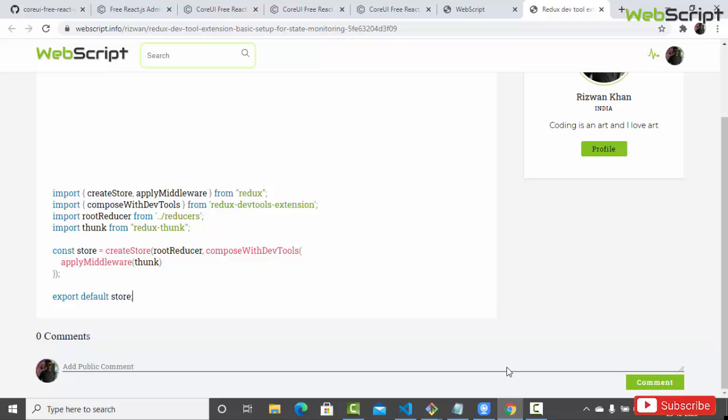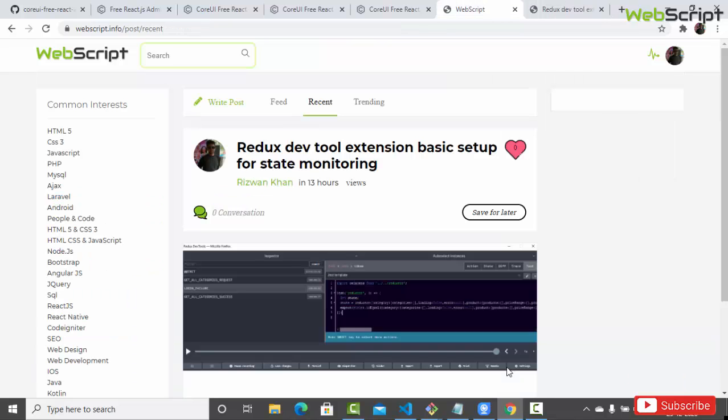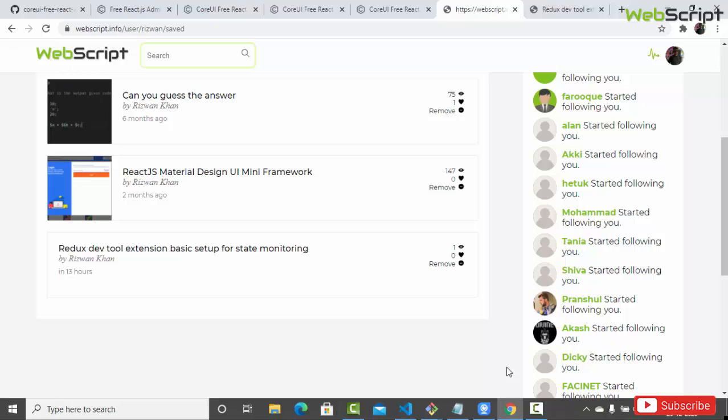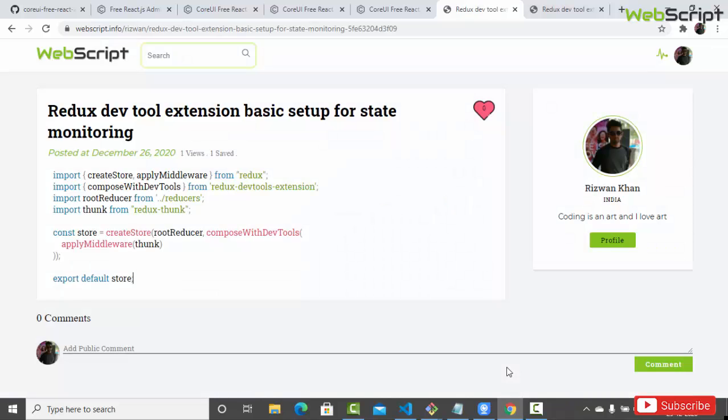Okay, so let's copy this, and also you can notice one thing, we have a save for later, right? So maybe you have this post now, but later or tomorrow, based on the response from the user, it might not be available, right? So you can save it, save for later, and it got saved. As you can see, the saved option came over here. So here it is saved, right? You can see the Redux devtool extension basic setup for store management. So whenever you want, you can just open it and use it, right? So let's copy this,